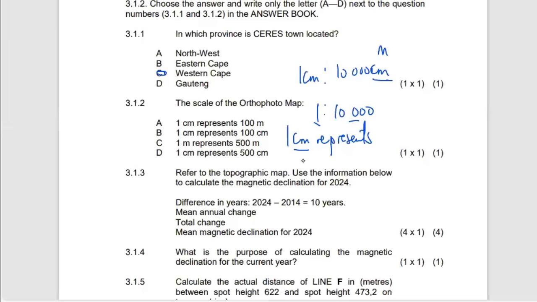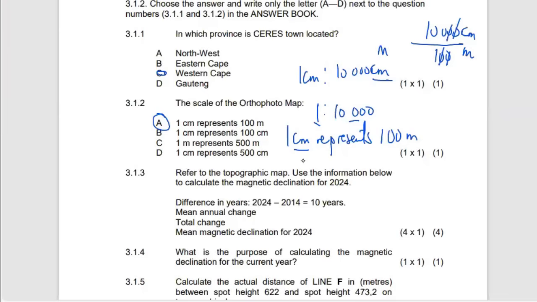1 centimeter represents how many meters here? For us to change 10,000 centimeters into meters, we have to divide by the number of centimeters in a meter. A meter has got 100 centimeters. So we divide by the number of centimeters in a meter, which gives us 1 centimeter represents 100 meters. So using that, our response is A. Right, then the question now